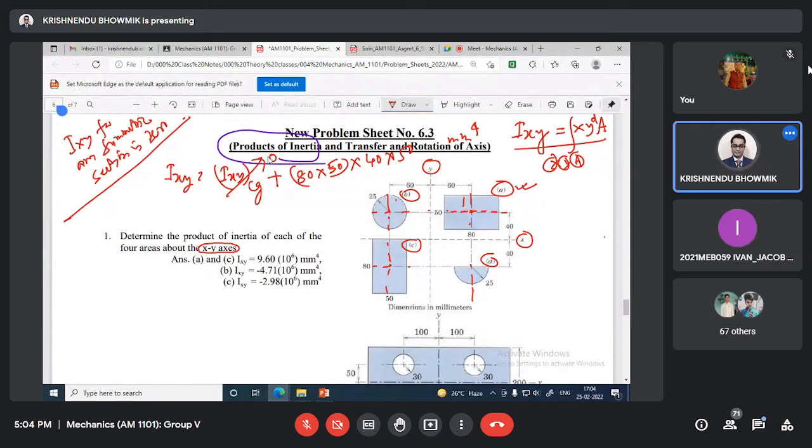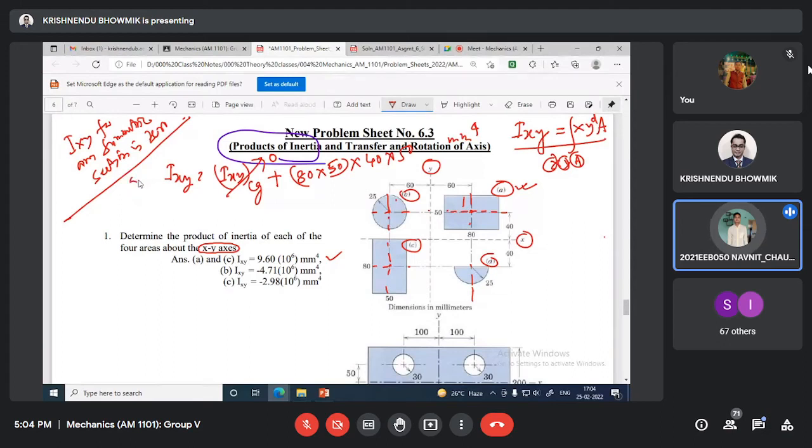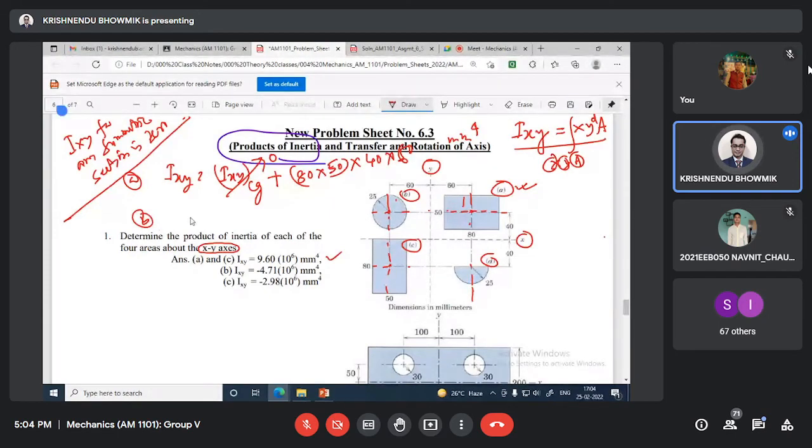IXY is 0. Now you calculate, you will get this value. For this case, DY is 60. Fine, 60. Now, similar way, for case B, IXY will be, first case will be 0 plus